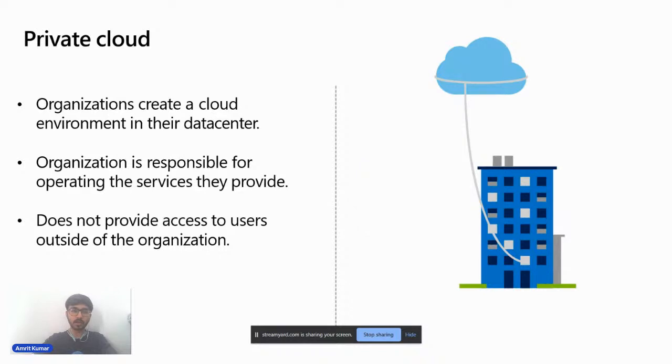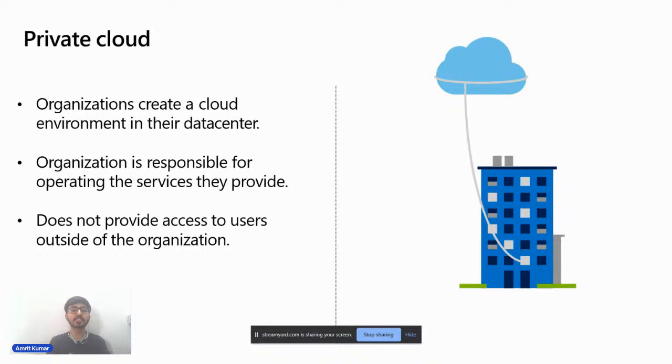So the organizations create a cloud environment in their data center. Let's take an example of a company. When you are an employee of a company, they try to buy a private cloud for themselves, right? Because they don't want their connectivity or their network to be accessed or visible by other users over the world. So they want their secure, private networks which can be accessed only by their employees, their heads, or the admins of the company. So for that, we have this private cloud.